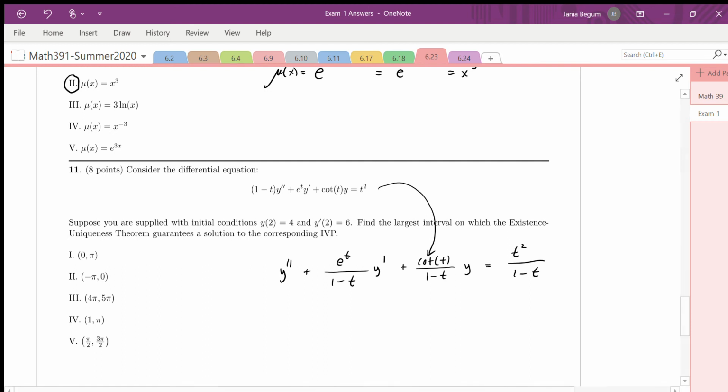And now you want to determine the domain for this function and this function and this function. And you intersect them because you want them to be continuous. And then you see which interval you can see where the initial point fits into, because that's what the existence and uniqueness theorem will guarantee, a solution,